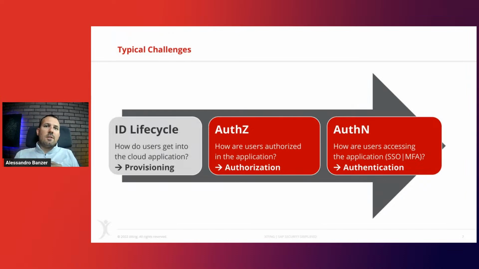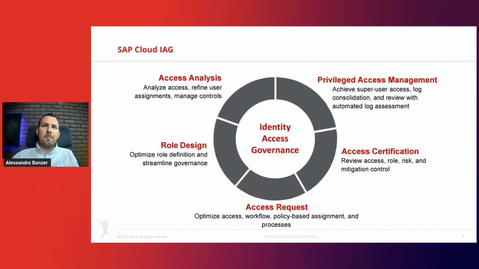With IAG, we'll definitely tackle the provisioning portion. We'll look into the authorizations as well, because risk analysis, least privilege, that's part of IAG, part of the GRC program. And then obviously authentication goes hand in hand. For that, we have solutions also for the cloud. That's why we have IES, the Identity Authentication Service, that we can leverage also to enable MFA, SSO, and so on, also for cloud applications. But today I really want to focus more on what IAG offers. That's more in the area of the ID lifecycle, and also looking into authorizations, making sure authorizations are properly built from a SOD perspective. That's what we'll talk about.